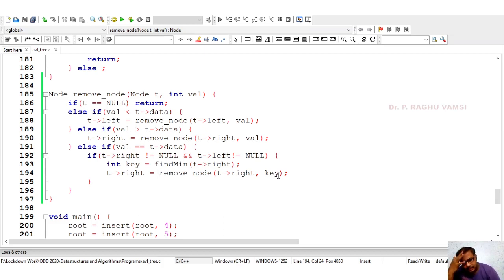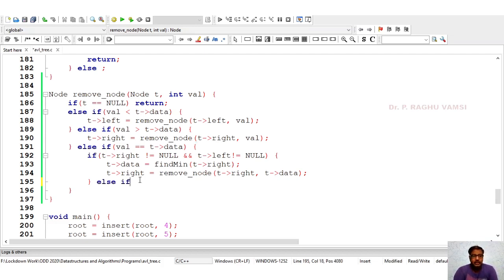Here we don't need to write the int key. Instead we can write t data is equal to find min, then t data. We need to traverse at the right side and remove the t data. This is the correct way of doing it.